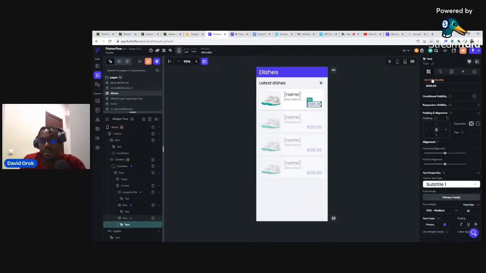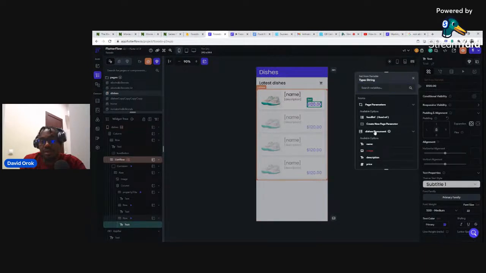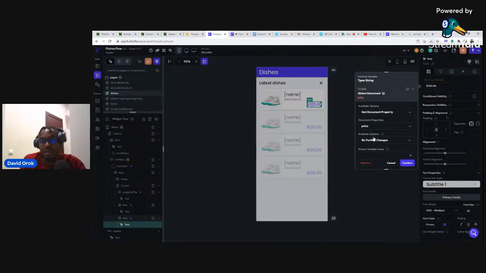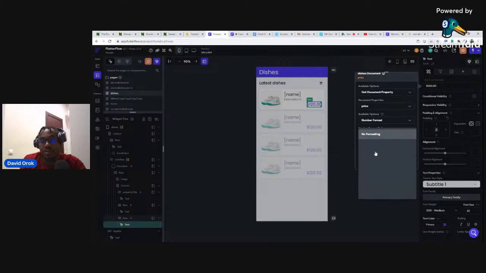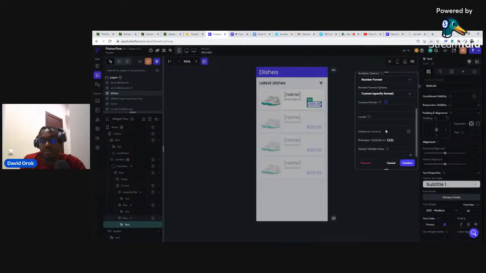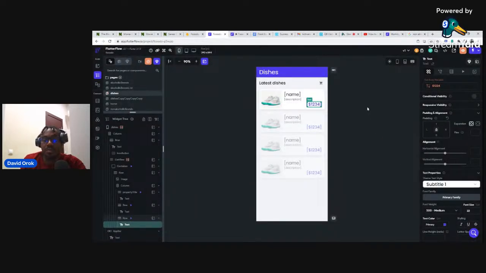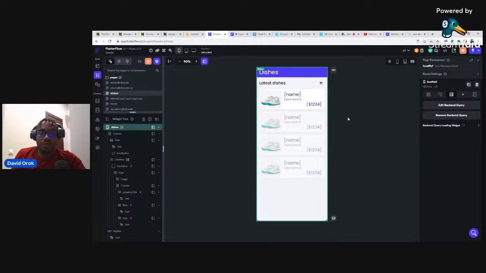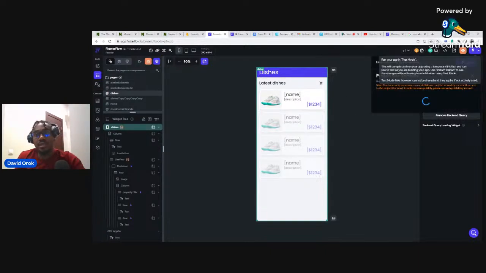And now I'll click on set from variable, dishes document, price. Then available option, click here, say number format, and number format options, click on it, say custom specific format, then display as currency, check, confirm, and we're good. All right, so now this is how you do it. So we can just go ahead and run it, and then that will be the end of the